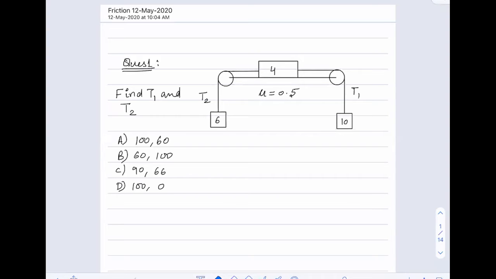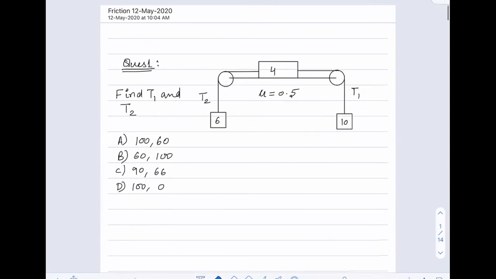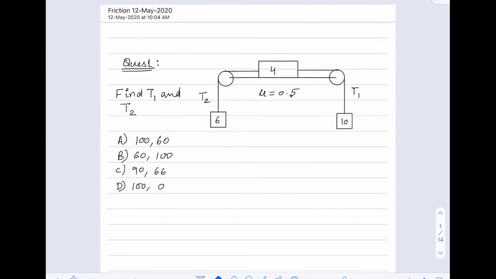See, all those who have not solved this, just see on the screen. Now, in this question, yesterday also the same figure we had, but the only difference here is we are having here a friction force now. So, like yesterday only, suppose this is the net force downward due to gravity, so it will be 10 g, so that is 100. On this, it will be 60. Okay. Now, the net force on the system is 40.